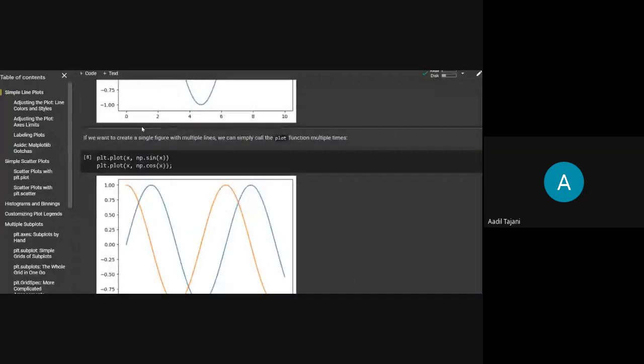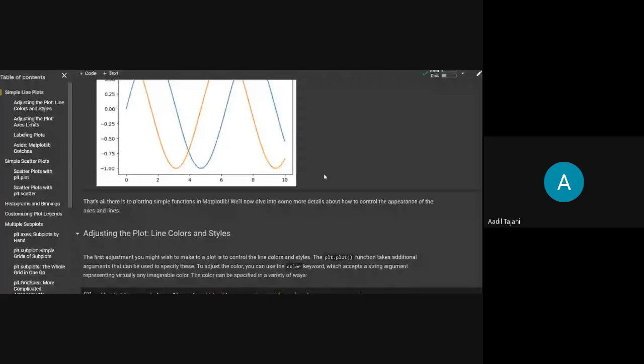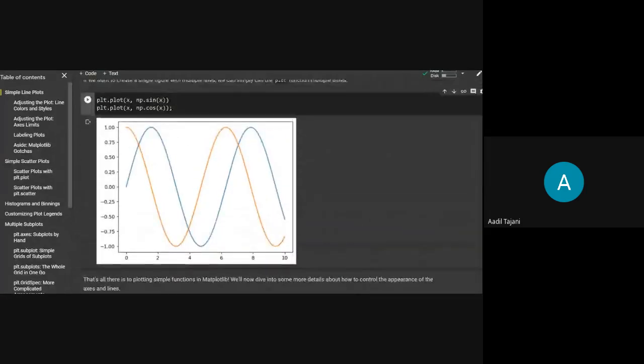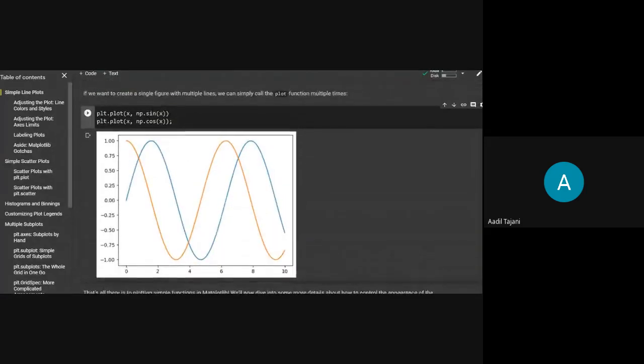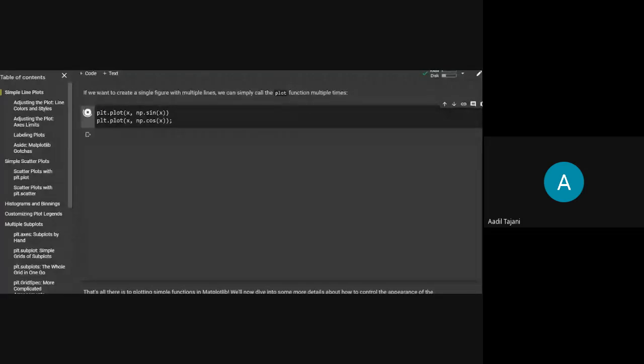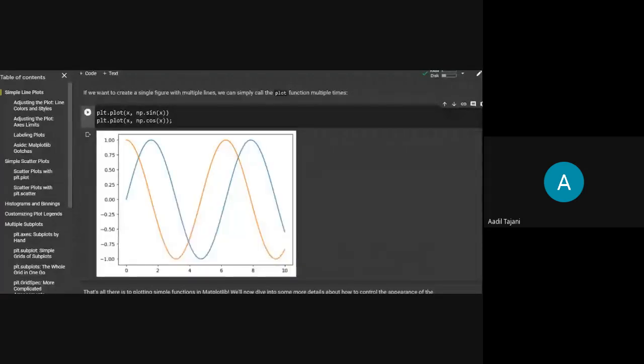Now, this is plotting a single thing. If you want to plot multiple things on the same figure, say I've got two types of data that I want to show the trend of on a single canvas, you can call this plot function multiple times. As you can see here, I'm calling the plot function first for the sine function. I'm passing the x values, the same NumPy array.